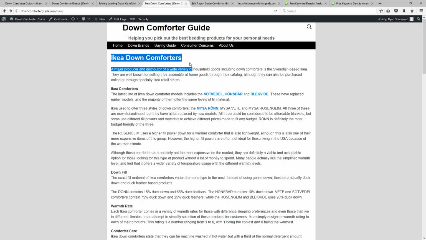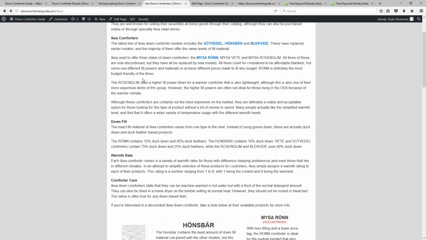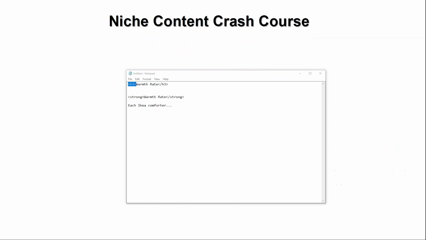Then you have the title of your page, typically ends up being an H2 tag. And then so it's a downward progression. The next should be H3 tags. All at the same level though. So all of these, warmth rate, downfill, IKEA comforters, all of these would be H3 tags.